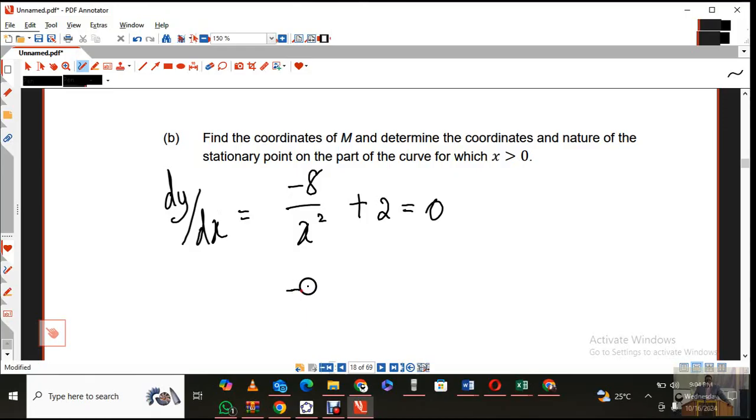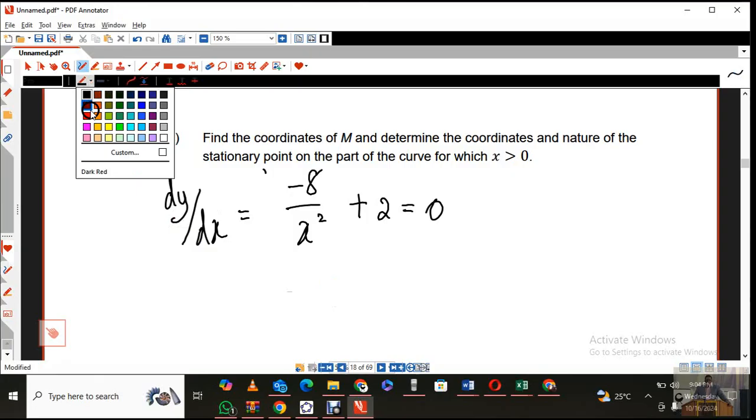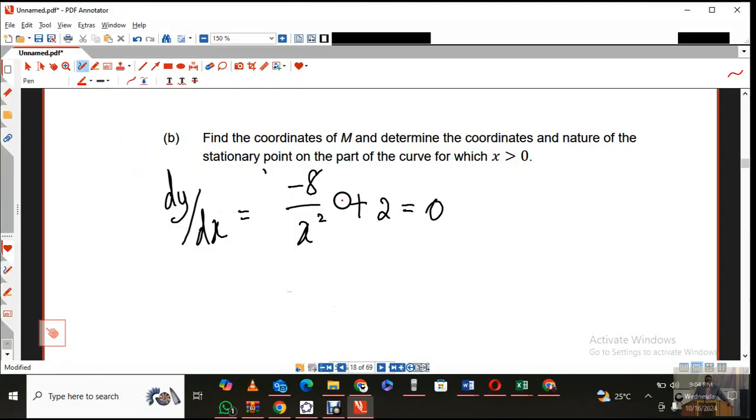So that's going to be minus 8 over x squared. But now we are going to say, let's suppose we multiply, because we do not like this x squared. So let's bring in red. When you multiply here by x squared, here by x squared, here by x squared, you're going to have